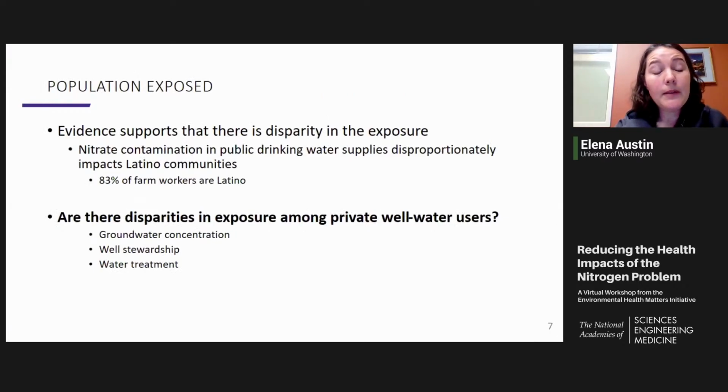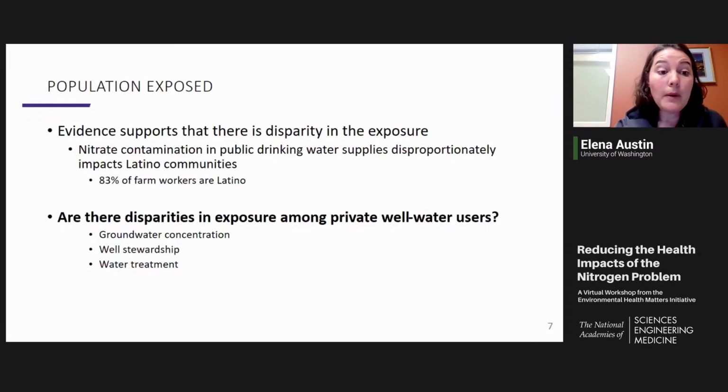And so who's being exposed? When we think about who's being exposed, there's quite a bit of evidence, and Kathy presented one of the summary slides on disparities. There's quite a bit of evidence that nitrate contamination in public drinking waters as well as in private drinking well waters disproportionately impacts Latino communities. And that's primarily driven by the fact that 83% of farm workers are Latino. So there's overlap in the spatial distribution of Latino populations as compared to the spatial distribution